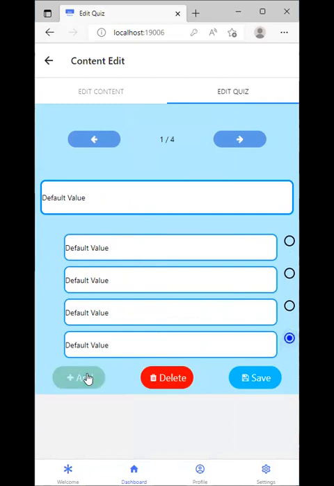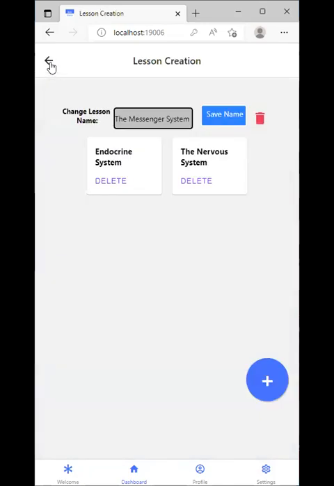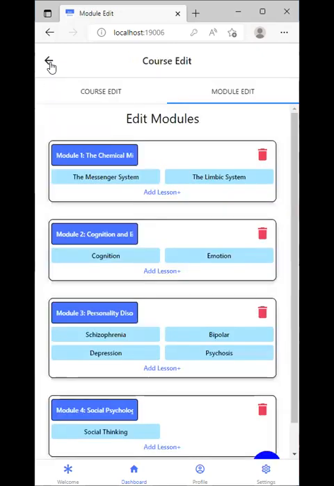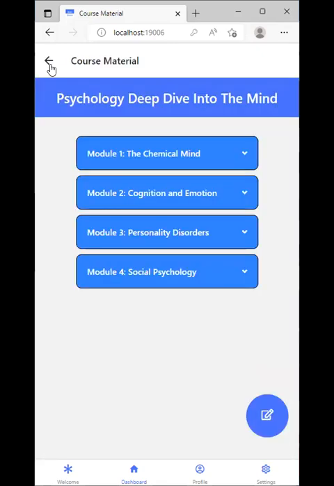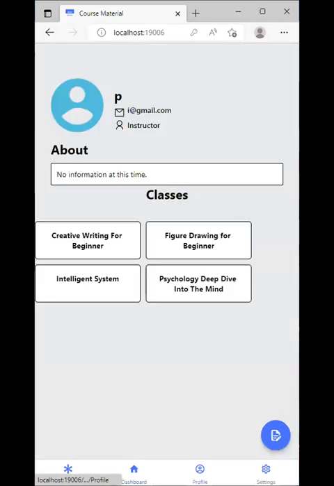You can add new questions to your quiz. Right now, I already have 7 questions. I'm going to delete some of them, or you can save. So essentially, a user will have full control of what goes into their course, like module, quiz, video, text, the whole 9 yards. So with that concludes